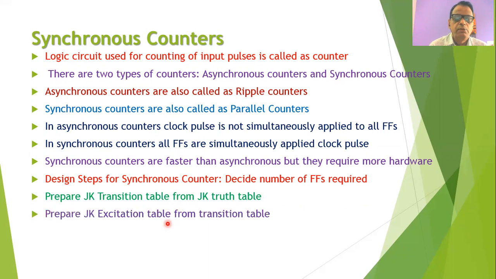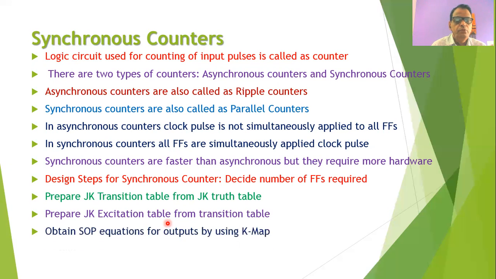Once the transition table is prepared, we will prepare a truth table, and this truth table is different from what we earlier have. This table is called the JK excitation table. And from the transition table, we will go for the JK excitation table. Then we will use the Karnaugh maps, and by using the Karnaugh map, we will simplify the equations for the